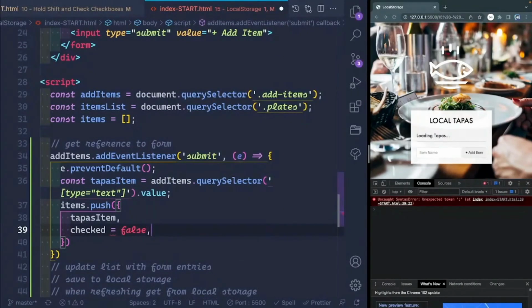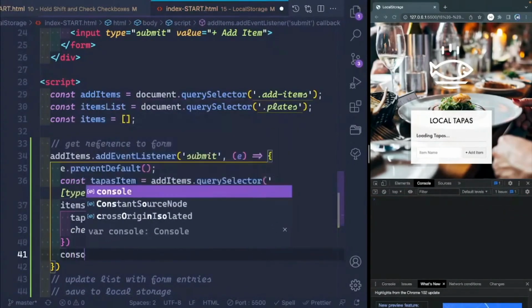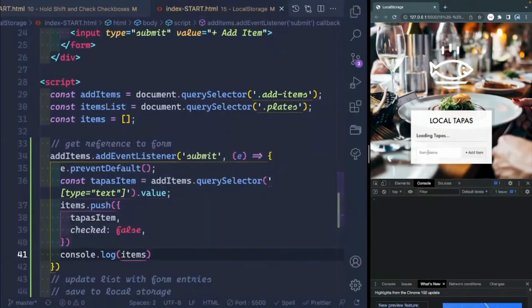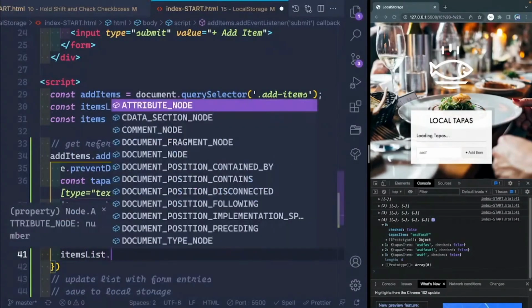Oh, what am I doing? I'm in an object. All right, and then down here, let's console.log my items. Stuff. All right. So there we go. We got one item in here. I should be able to just keep clicking and adding extra stuff, and each time I should get more stuff. So I'm adding all of these things, pushing them all into this array, and then we've got access to each of them, and it says whether or not they're checked, which would be false by default, and then tapasItems. Now what I need to do is whenever I update that, I just want to say itemsList dot